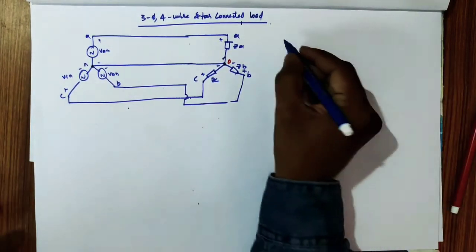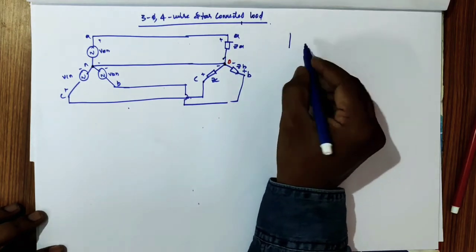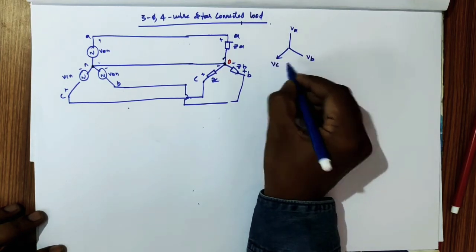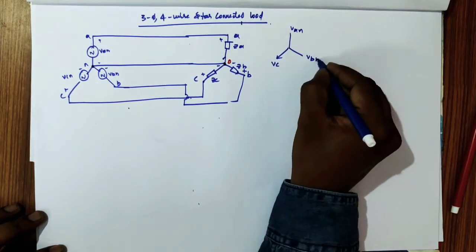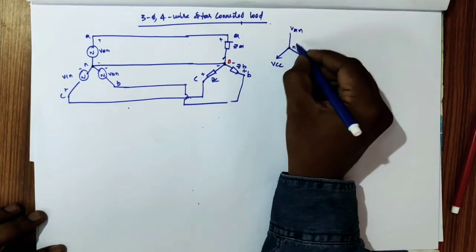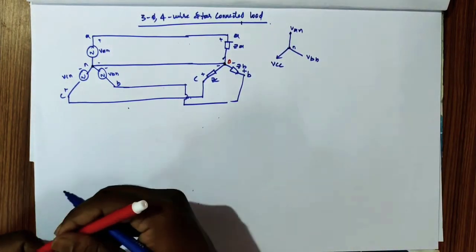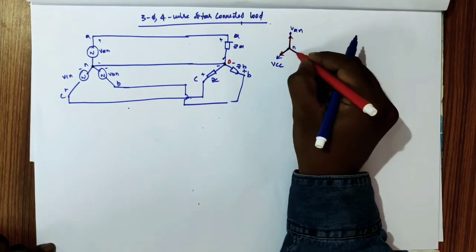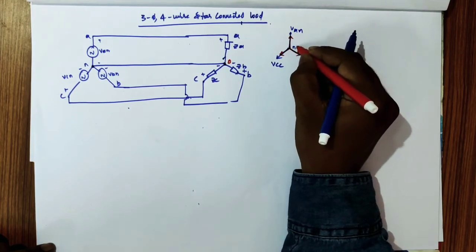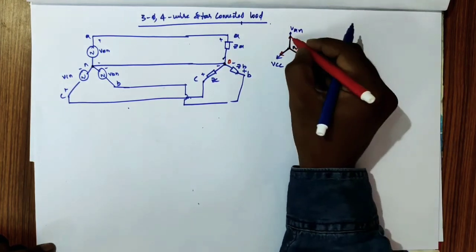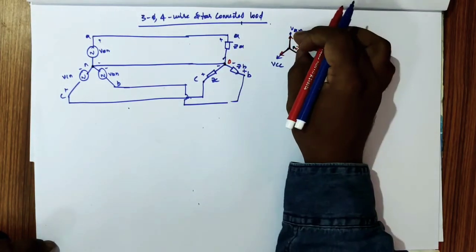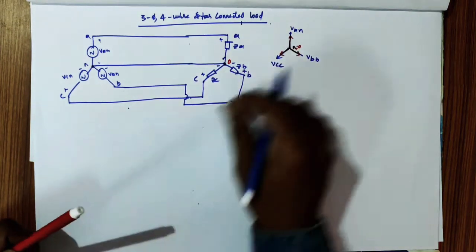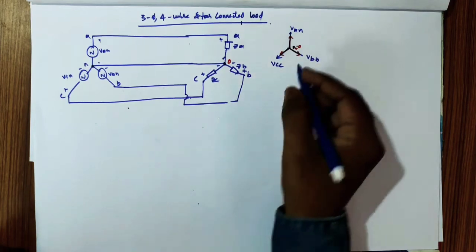So what are the voltages of the phases? If you take this, VA, VB, VC, VAN, VBN, VCN. So having a neutral N, the voltage across the load will be in sequence with the source neutral, with different magnitudes obtained. Why different magnitudes? Based upon the impedances we have different magnitudes, but we have only the phase sequence.